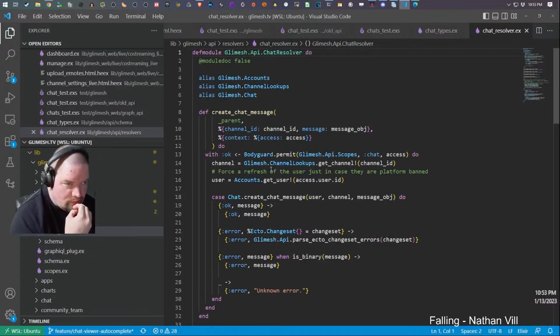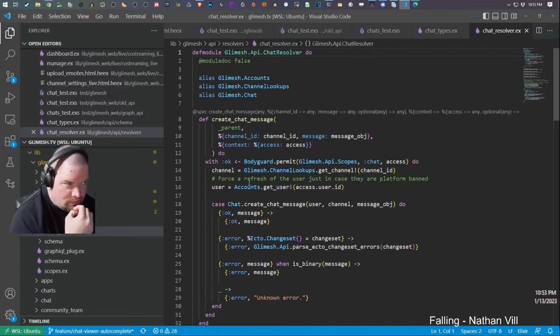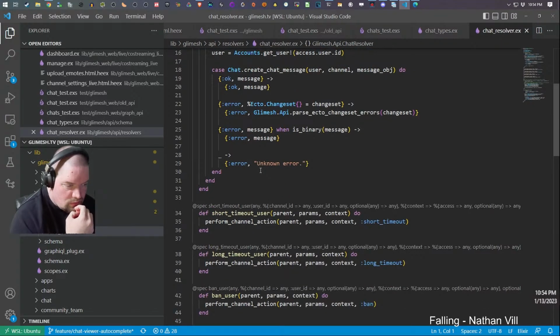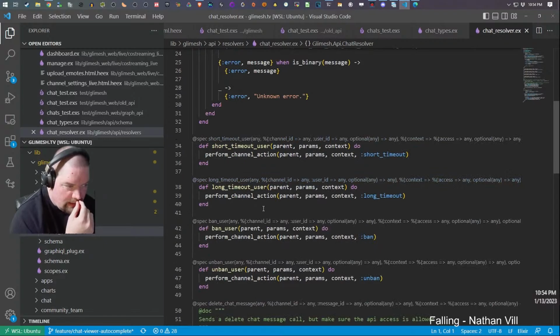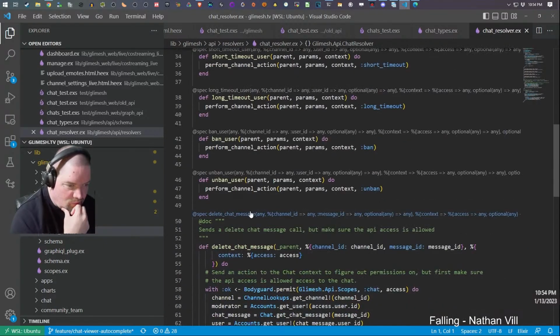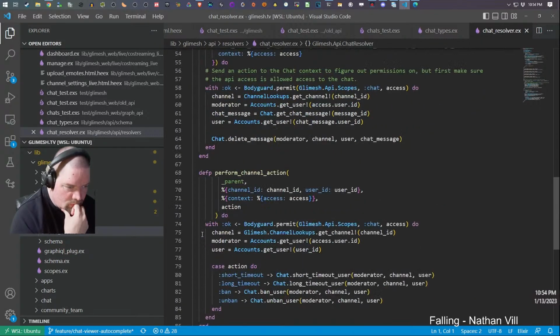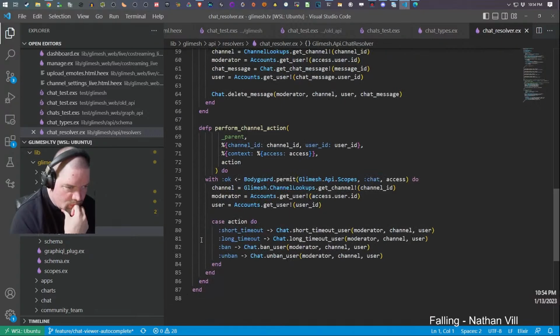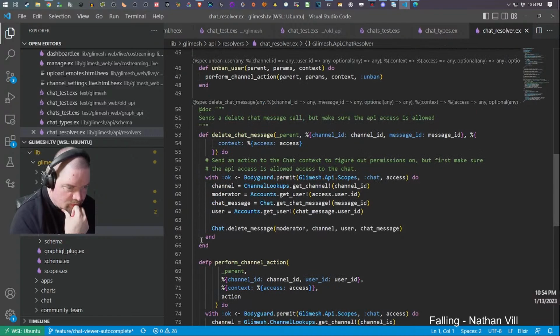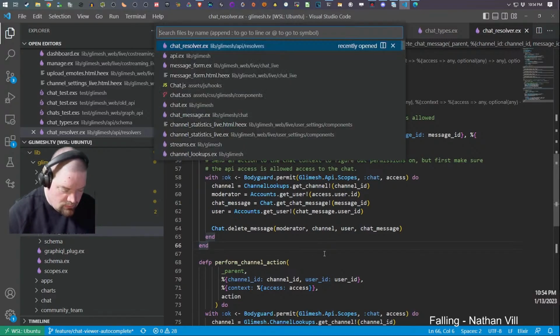So these are the methods that are exposed to GraphQL that actually run the commands. Functional action. So I need really all, I mean, it's just going to be a find chatters, right? So this chats.